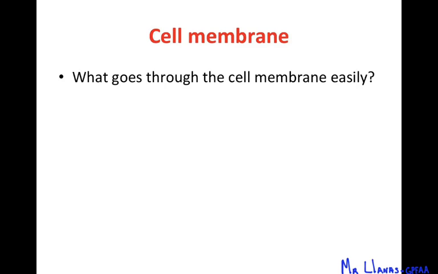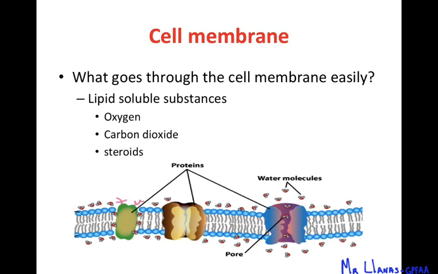Okay. Now, what goes through that cell membrane easily? Well, lipid-soluble substances. We just said that it was made up of lipids and proteins. Well, all these substances that are lipid-soluble, meaning that they can mix with lipids or oils, right? If you put it in an oil, it would mix with it. Okay, not like some of the solutions that you put in there and they don't mix, right? These substances can actually go through the cell membrane without a problem. Okay, like oxygen, carbon dioxide, and steroids. Those are lipid-soluble substances. Things that can mix with lipids or oils can go through that cell membrane very, very